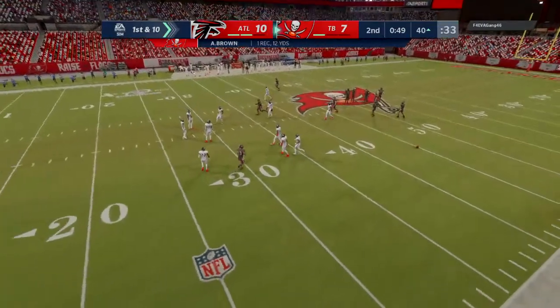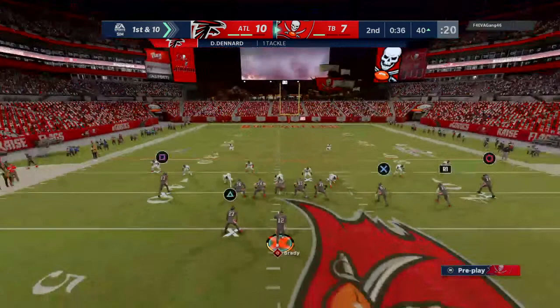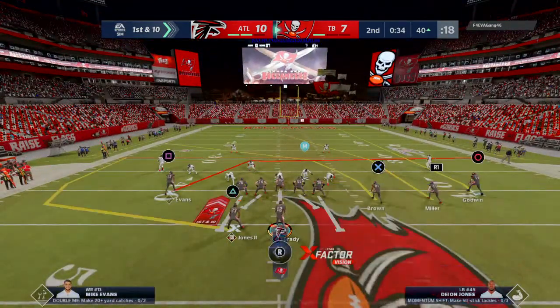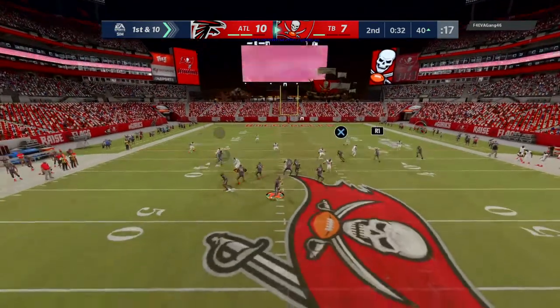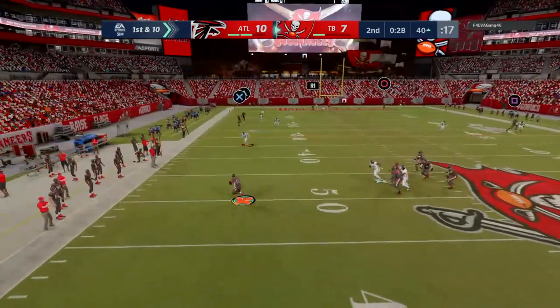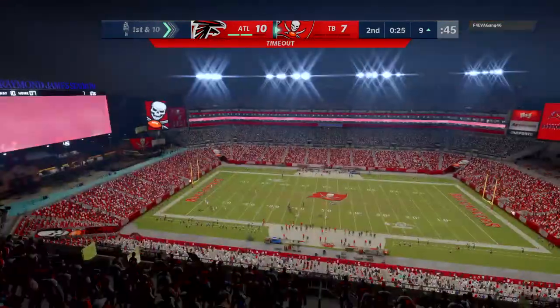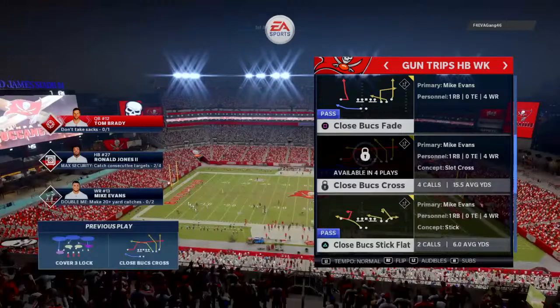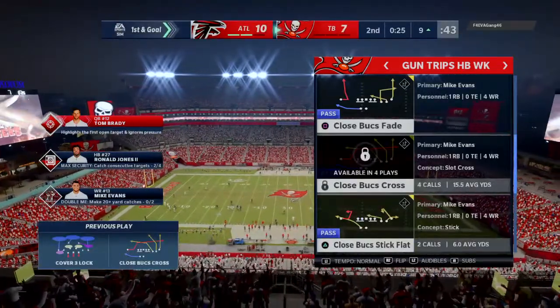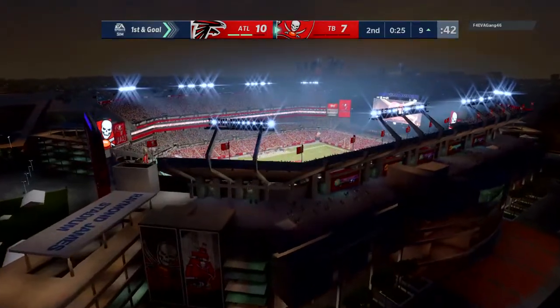Well, so far, little to no resistance by the defense on this drive alone. 3 passes, 3 completions, 3 1st downs. They're taking it to them, and it's paying off. Being chased out left. That is caught right at the 10-yard line. The Bucs forced to use their 3rd and final timeout as they'll stop it with 25 seconds to go here